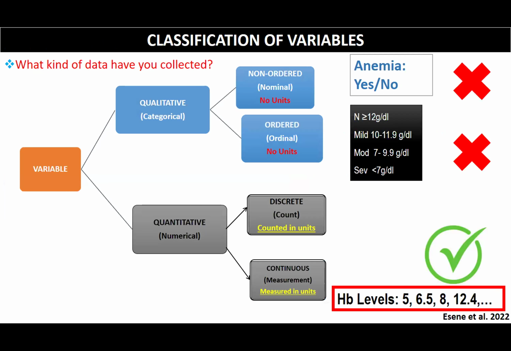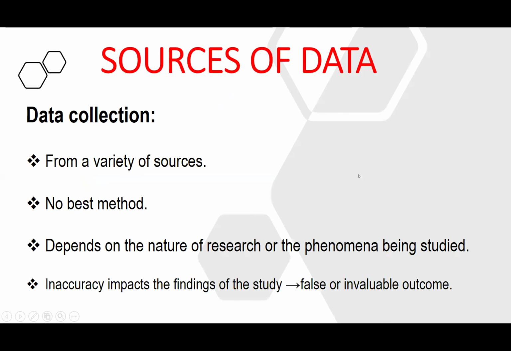So when you are collecting your data, as I said, the preferred method is to have it in the form of ratio. Later on, during statistical analysis, you can then recategorize it into different forms. For example, you can have a hemoglobin level. You can decide to say just yes or no, is there anemia or not? Or you can decide to classify anemia as normal, mild, moderate, severe, depending on the cut-off values which you have.